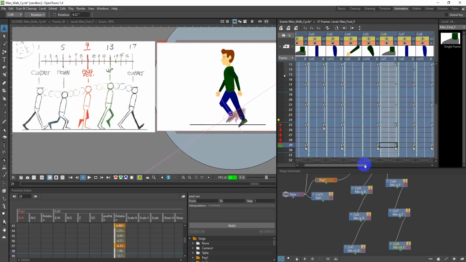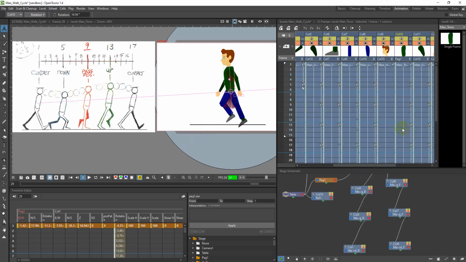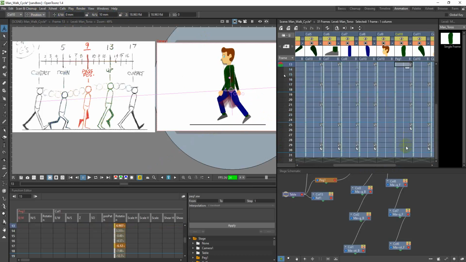Let's go to the torso. Move up the torso. Again, we can look at frame 13, see what value we gave it there. So at frame 13 it had 10 millimeters. So frame 29, I can change that to 10. Okay, happy with that. And then what that will do then, we might just, on frame 31, we might start getting it to look, because obviously now the issue is, yes, it will